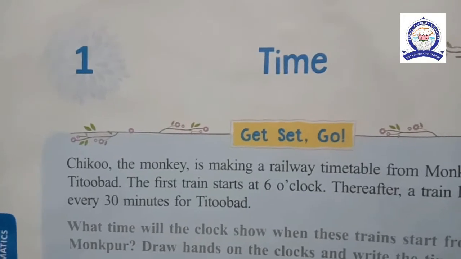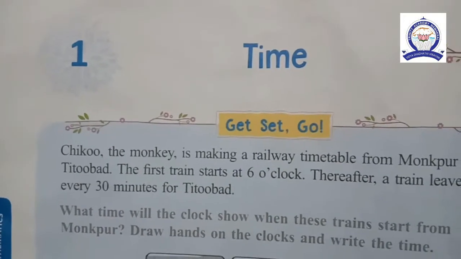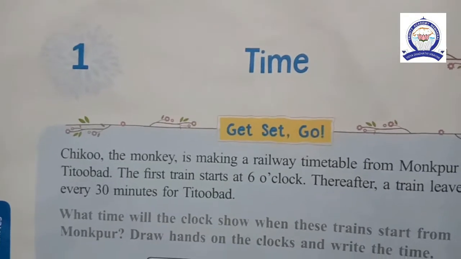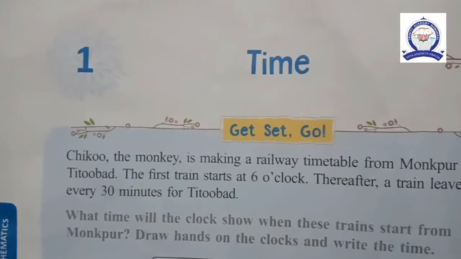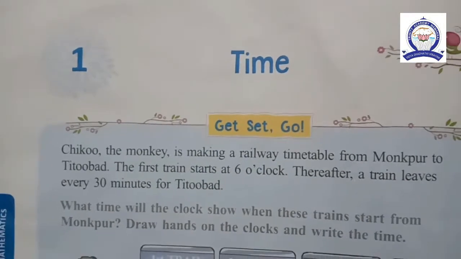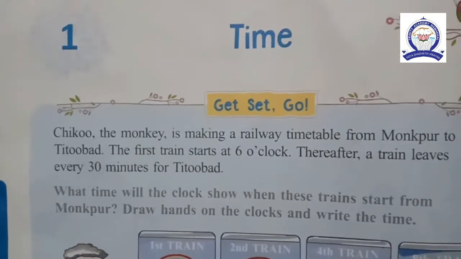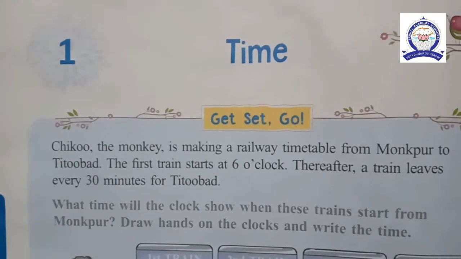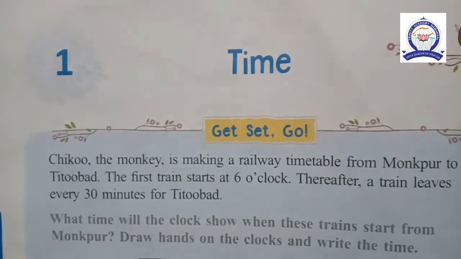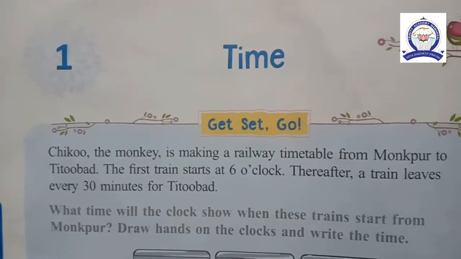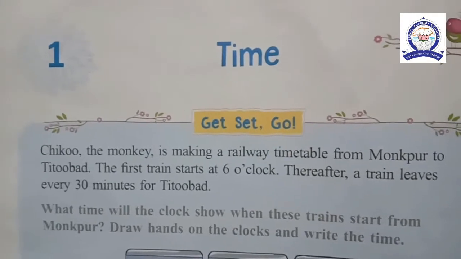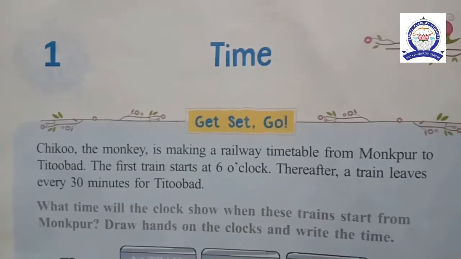Children, now we see the term 3 chapters. Okay children, first chapter is time. Today we are going to discuss the chapter time. For our daily routine, we fix our time. Okay children, for example, morning wake up, going to school, doing your homework and bedtime. Isn't it? How do we know the timings?